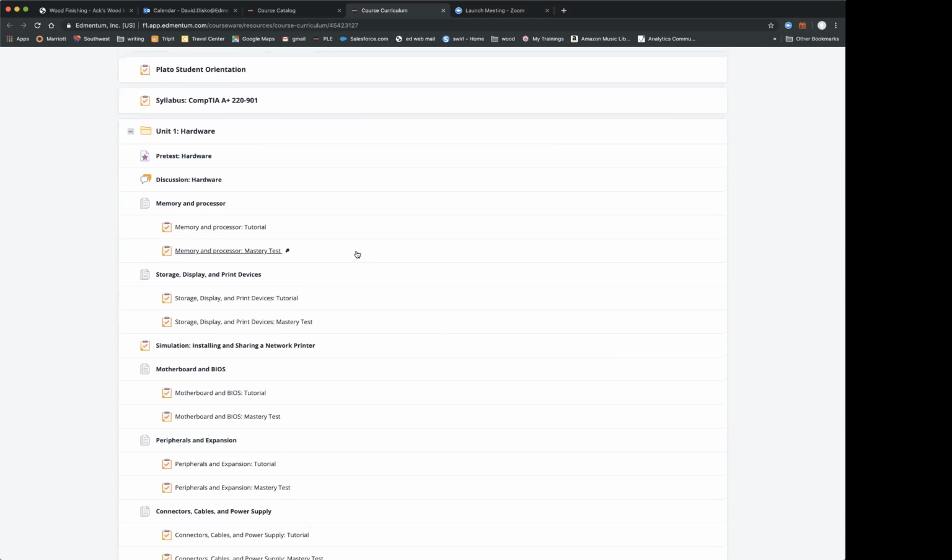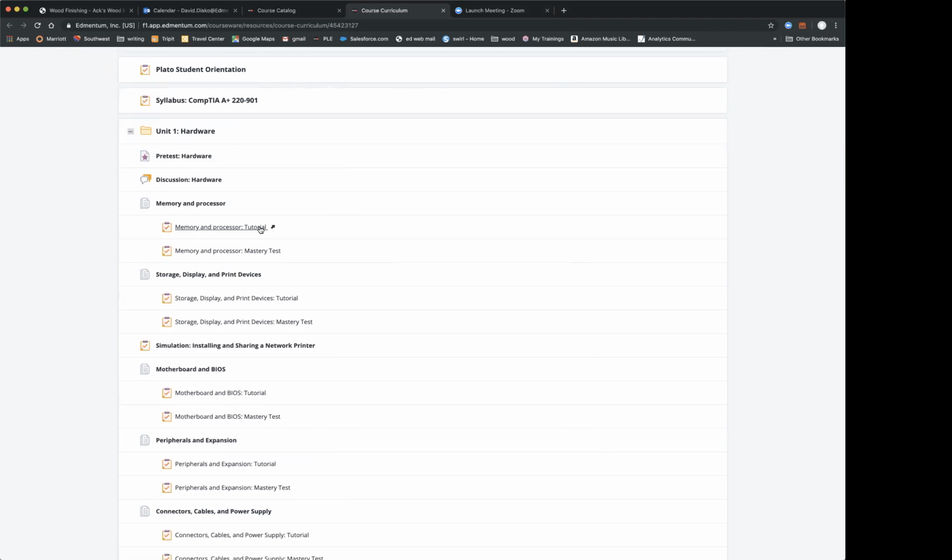The interesting thing is our approach here is very similar to our other courses with a couple of exceptions. Number one, in the tutorials, you will occasionally see a simulation. And what we want the student to do there is to launch that simulation.